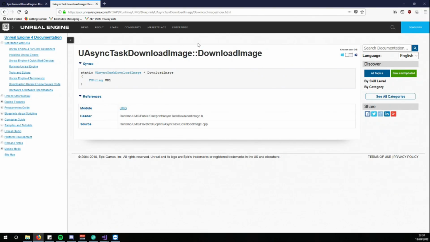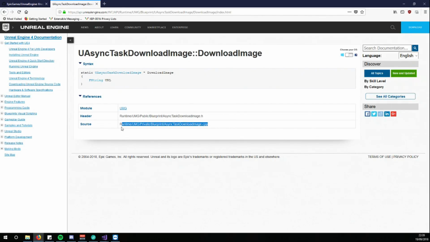So what this basically means is that it's not a task, and you've got your download image, and the useful thing for us is we know that it's in the UMG module. As I said, there are different modules built inside of Unreal Engine, so plugins are basically an extra module attached to it, to the point where your game code is an actual module to the engine. So they've got a core module system, and then they've added extra things onto that. It's why they can change things like the UMG without having to mess around with everything else. But the useful thing is that it tells us where the header file is and the